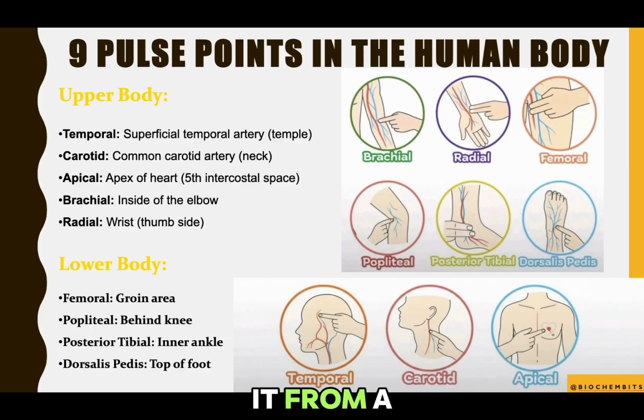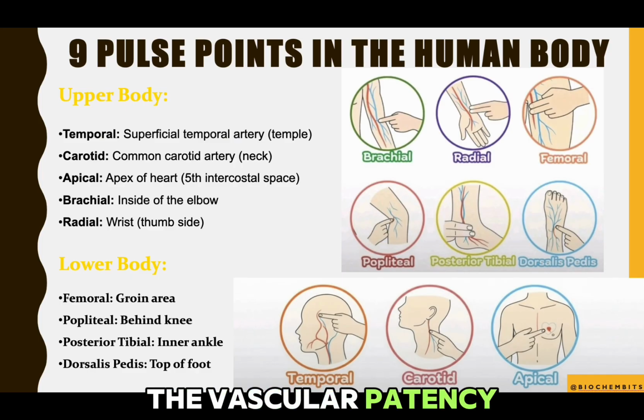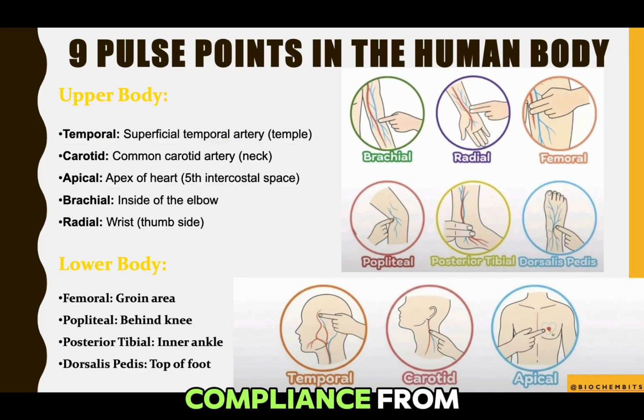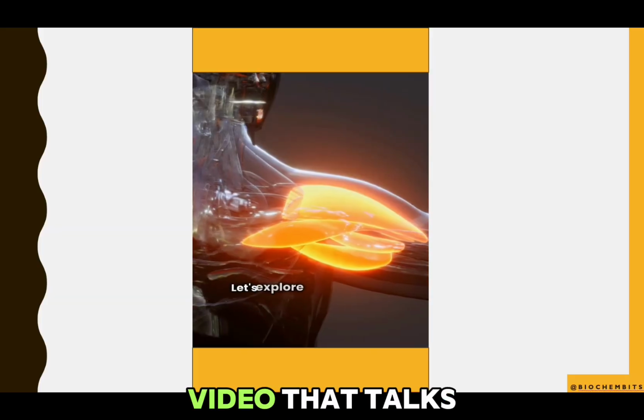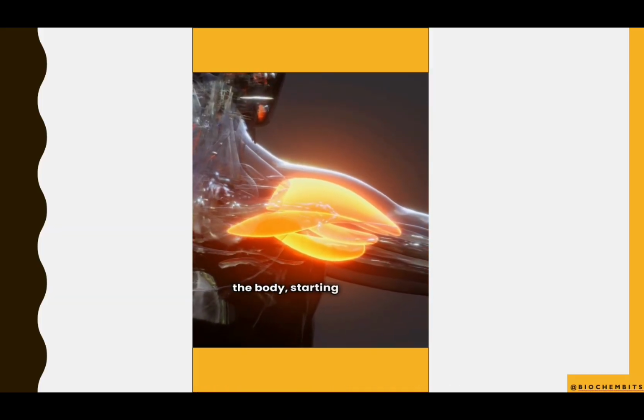And looking at it from a biochemical standpoint, I would say that the presence or absence of any pulse is able to tell us how well the vascular patency is. Sometimes it also reveals the compliance of the heart and the integrity of tissue perfusion. All of this may depend on the endothelial function, smooth muscle tone, as well as the metabolic status. It's more like a recap of